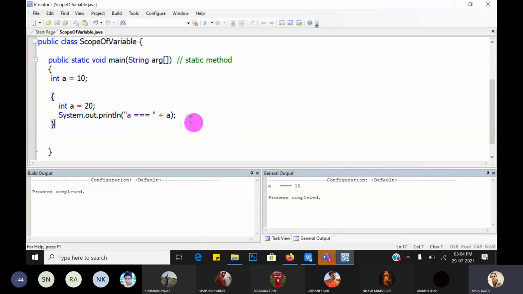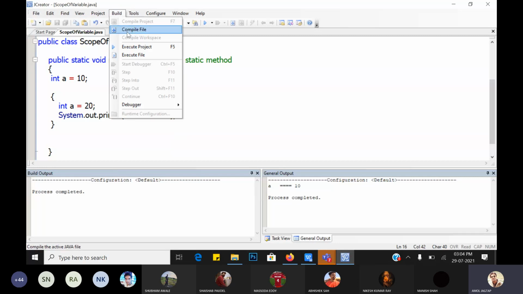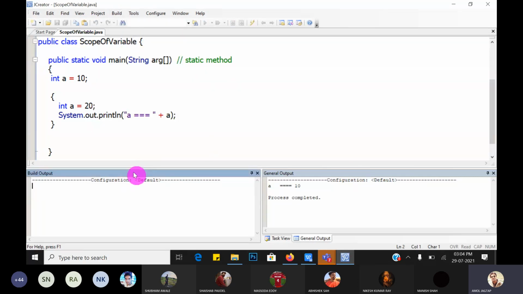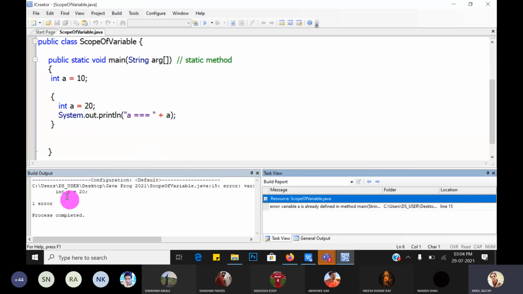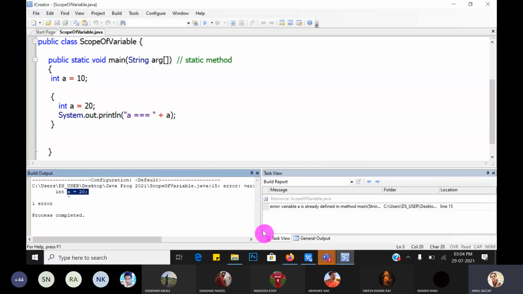20. It gives you 20. Guys, no, just check it. Compile. Oh no, this is an error. Variable a is already defined in the method main, and we cannot define a variable having the same name here. It is the grammar of Java. It is possible in C++ also.